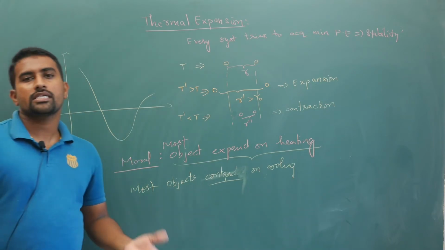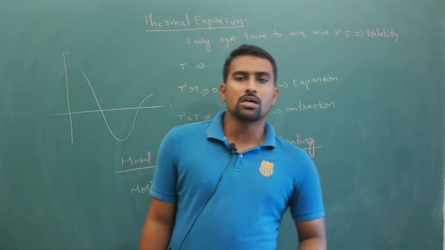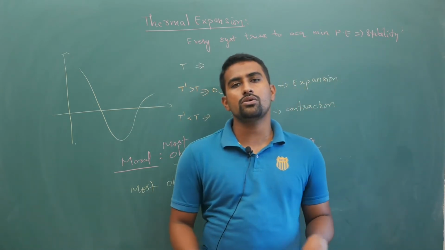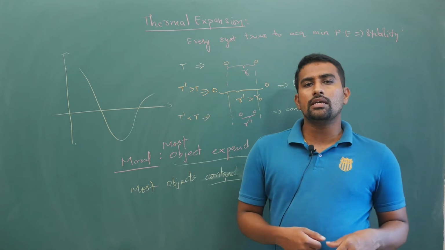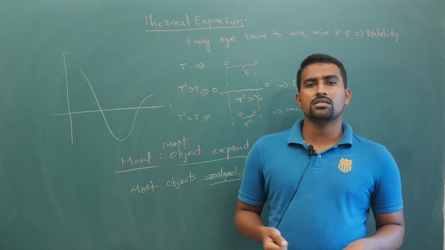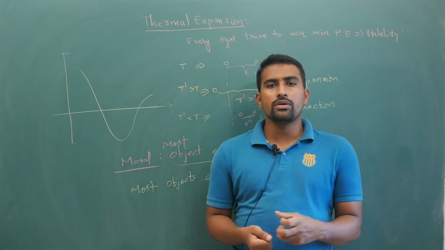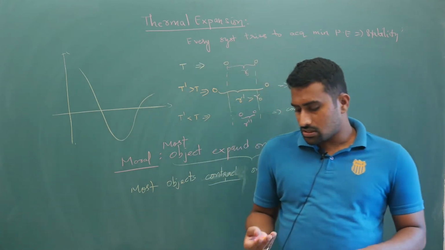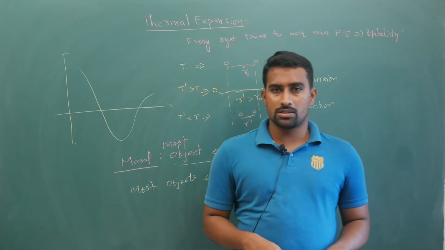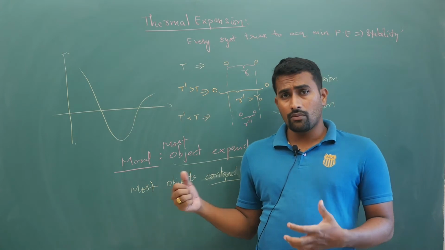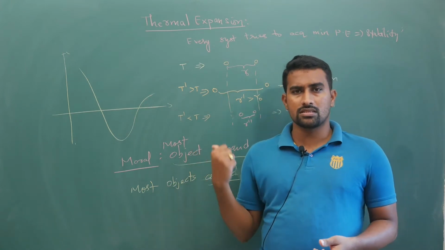They will expand because of increased energy, so increasing their bond length will try to compensate for the new equilibrium position, and in cooling, because of the contraction, your new equilibrium position will be compensated by contraction. So this is your basic idea about thermal expansion. Why objects expand and why objects contract, this is the logic.